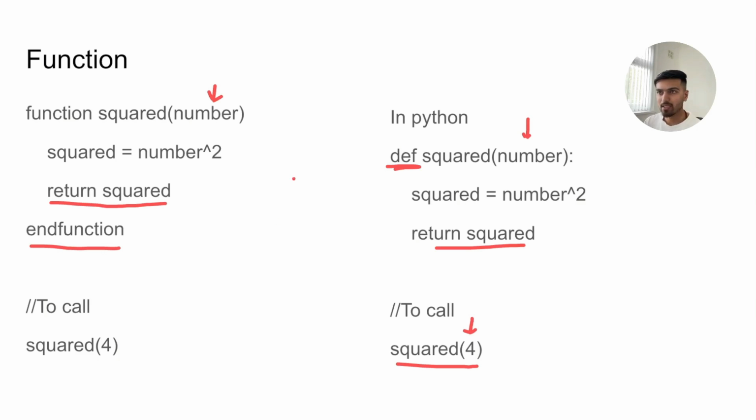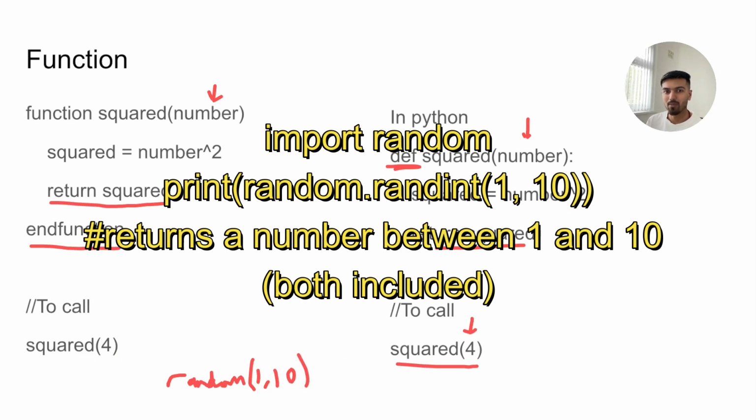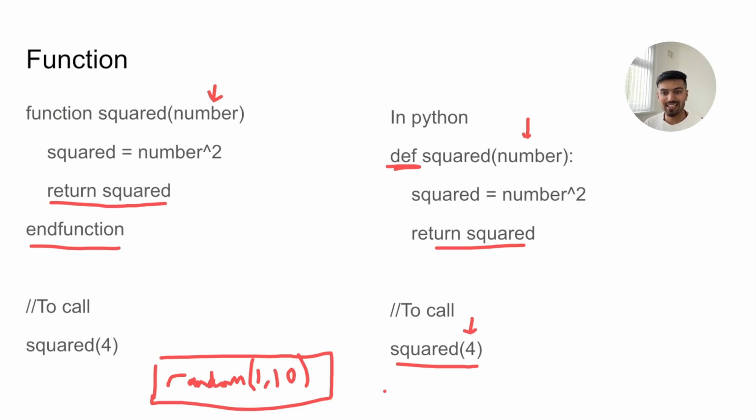One thing that I have missed out is how to find a random number. So to find a random number, we just say random, apologize for the bad handwriting, and we pass in the first and the last. So this would give a random number between 1 and 10. And in Python, we would import random and use randint. Hopefully this clears up the